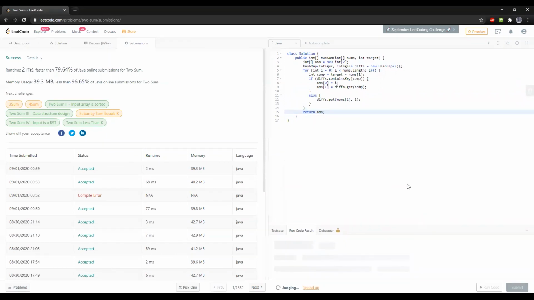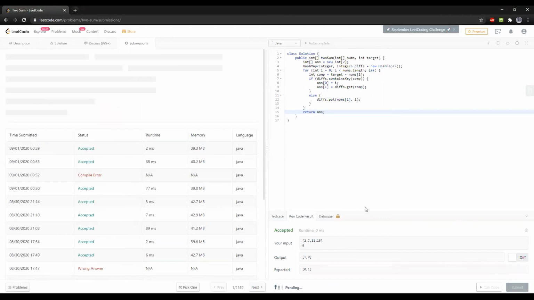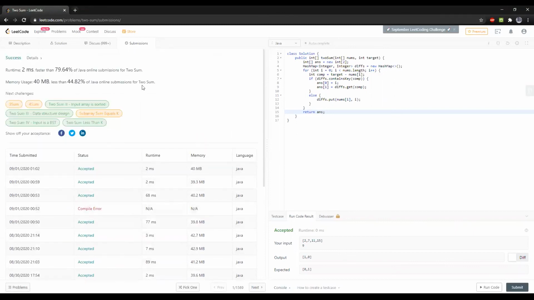Again, this is still O(N) space and time, so we don't actually have any asymptotic improvements here. But just for fun, we'll see what we do. So yeah, roughly the same metrics as before. And you can compare all your submissions here. I have a lot of submissions for this problem, just trying out different things. But as you can see, we've gone O(N) space, O(N) time, which I think is the fastest and most optimal